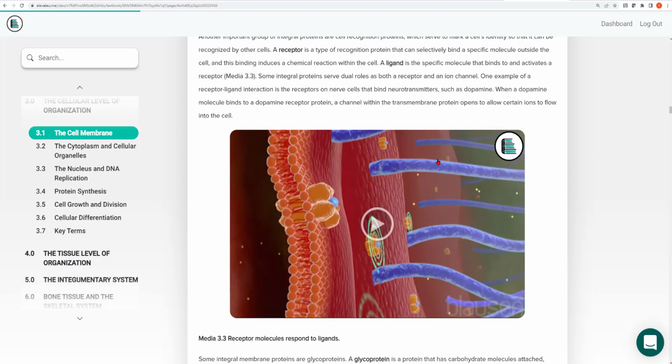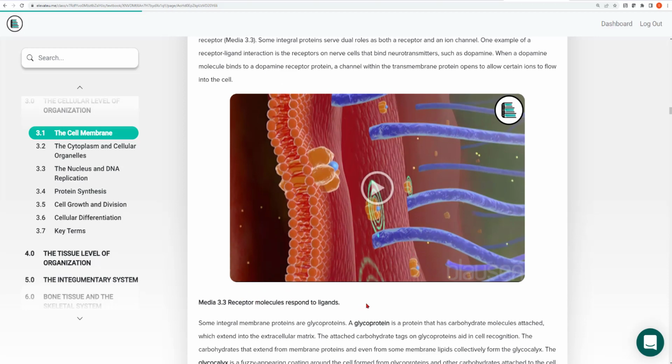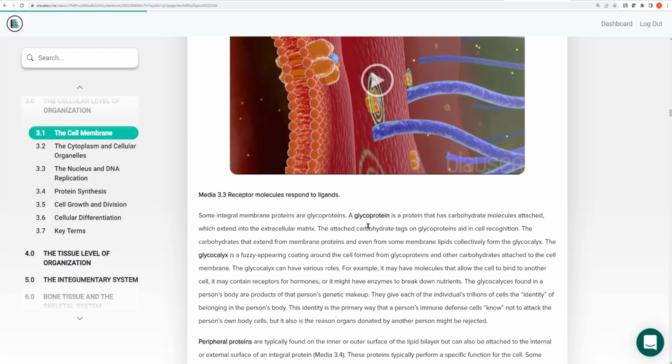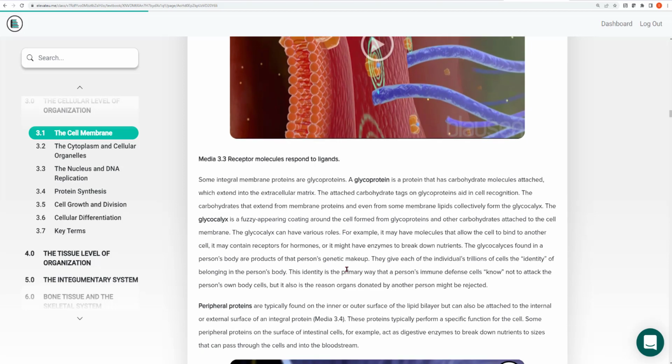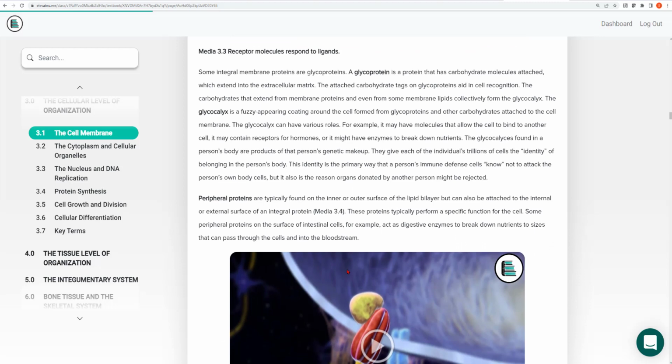Again, here's a lovely little video that helps you better understand these receptor molecules. Some of these proteins have sugar groups attached to them. So a glycoprotein, the root is protein with a little glyco attached to it. So glycoproteins are proteins that have sugars attached to them. There are all sorts of variations of molecules. There are glycolipids. There are all sorts of combinations. I will not be focusing on those specific differences between these protein moieties, but there's just a lot of variety in the proteins that are found on your cells.